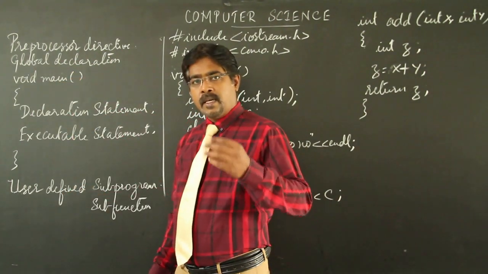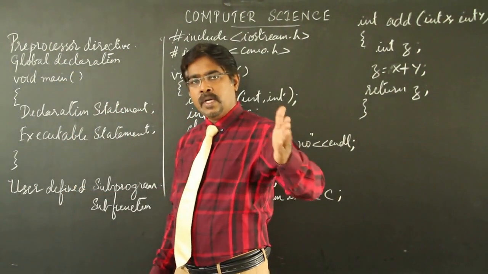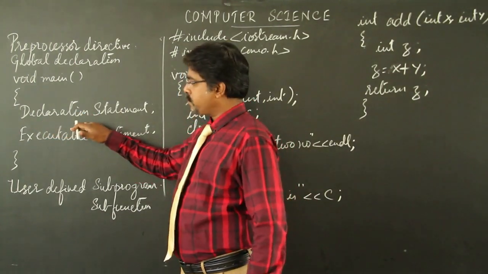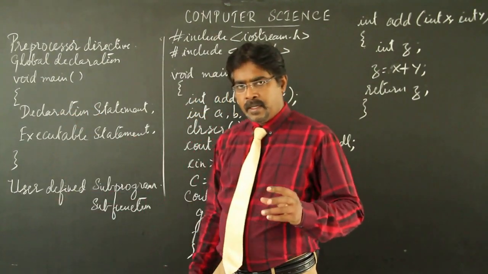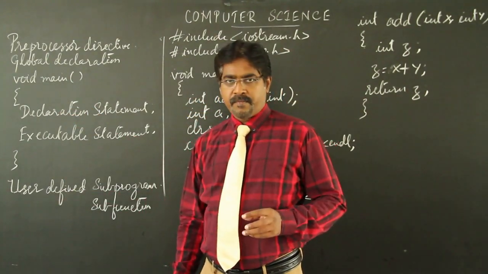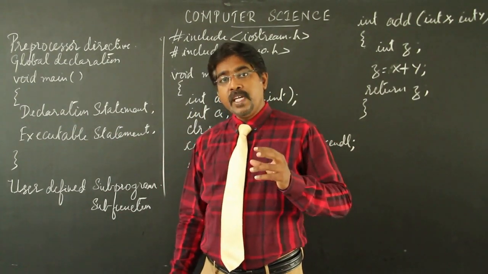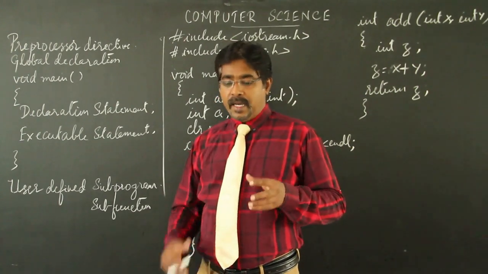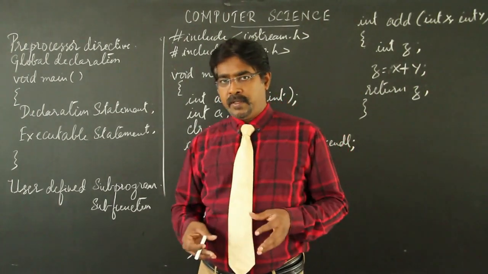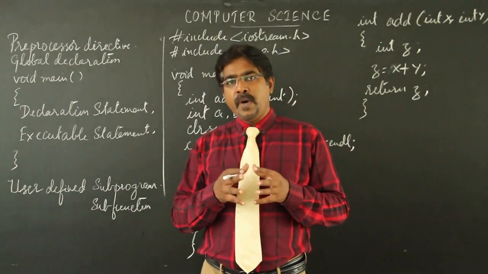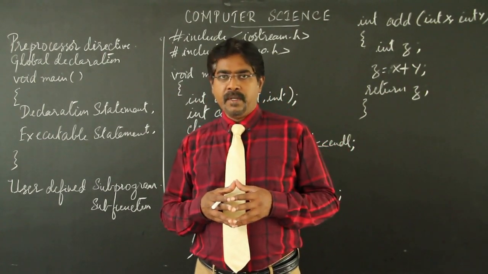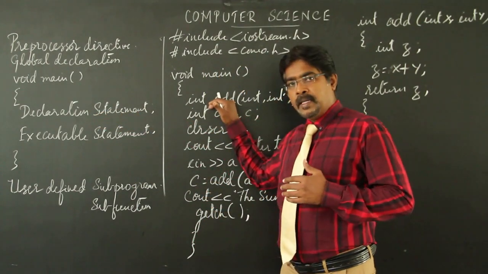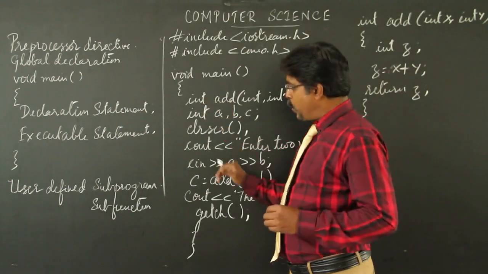Void says that a function will not be returning any value to any other function. Likewise, we have the declaration part. The declaration part is to reserve memory space. We will be using a few variables within the program. These variables will be storing values, and these values are supposed to be stored in the memory, and we need to know how many bytes we are going to occupy in the memory. So this part tells us that we will be declaring the number of variables we require within the program.